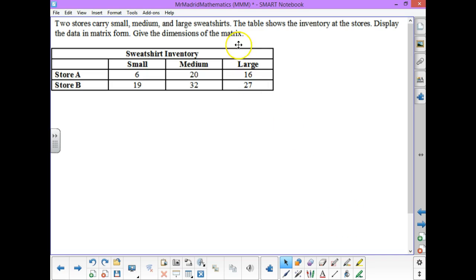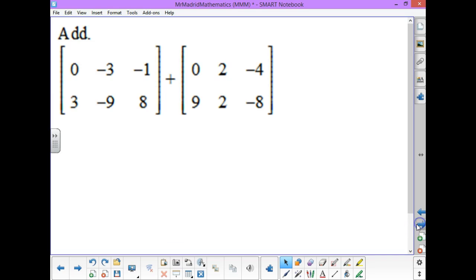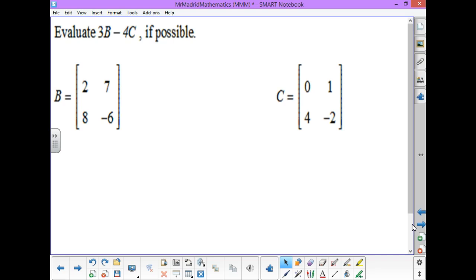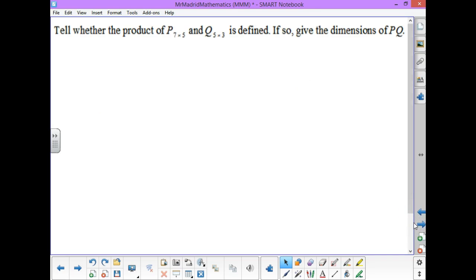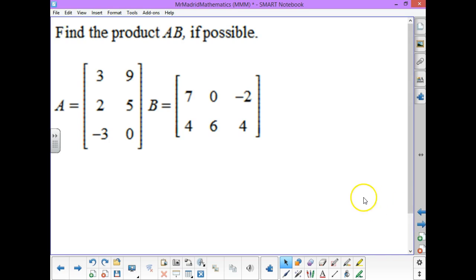Beyond that, some of the stuff that went even further back are problems like this one, okay, which, hint hint, involves matrices. So we did problems like this. Go and look for those notes, bring them with you tomorrow. Okay, addition of matrices, performing algebra with matrices, some of these characteristics, properties of matrices. Okay, all this is stuff that you want to find in your notes, bring tomorrow so we can look at them in detail. Okay, the product of matrices,